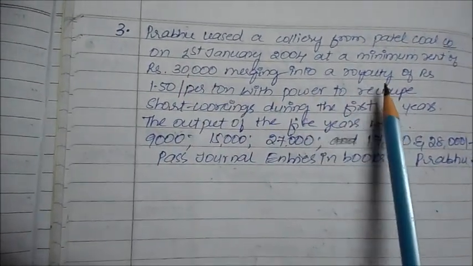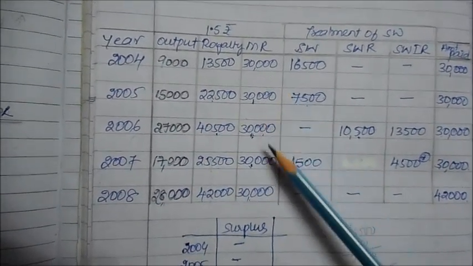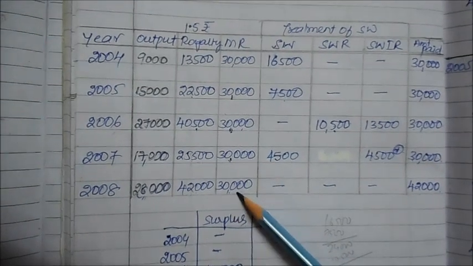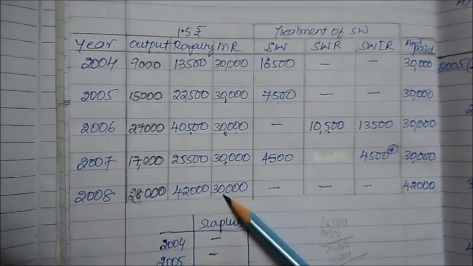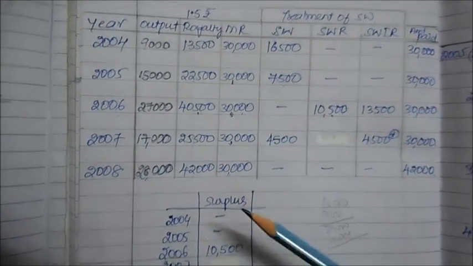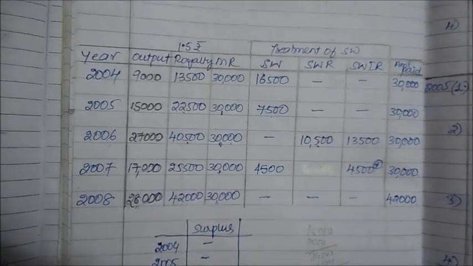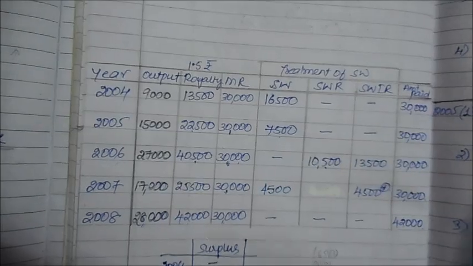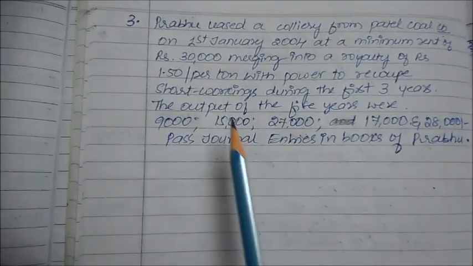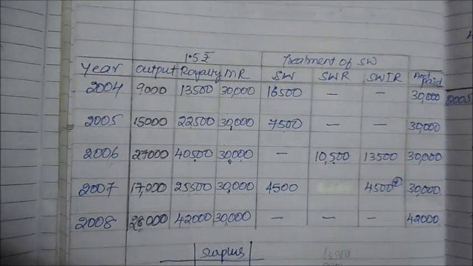30,000 is the amount of minimum rent that is payable. So irrespective of the quantity of sales that has happened, this much amount, according to the contract, you will have to pay to the owner of the asset. Now what is important for us to find out is whether we have short working or surplus, and how much money is actually to be paid. First, you need to understand when you are recovering your short working: in the first 3 years. That means starting from 2004, first 3 years only.